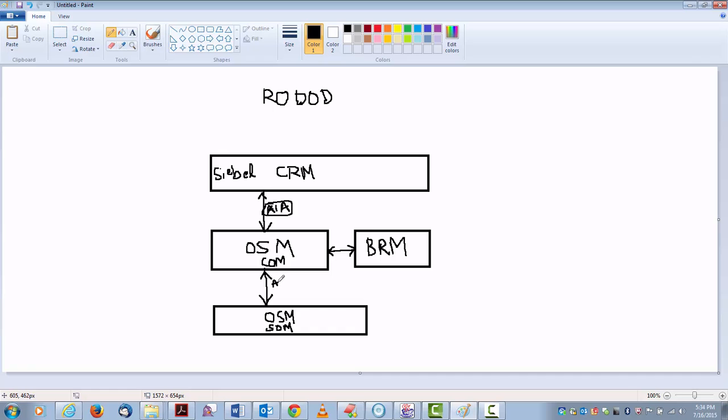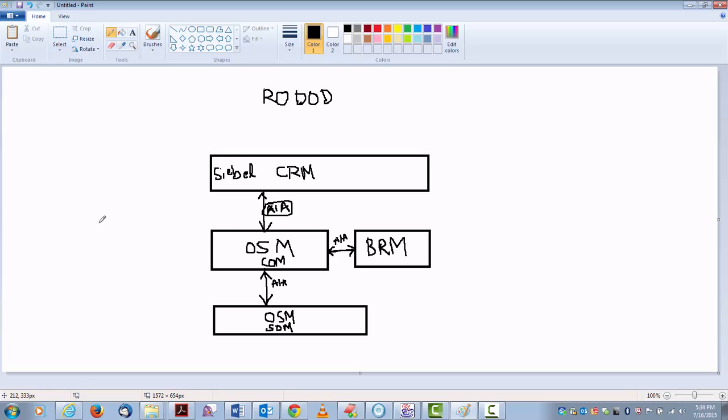Both of these are through the middleware application. Once the order is completed in provisioning, it will again send a request to the BRM billing system to start the billing or fulfill the billing. So this is the framework we have for order delivery.